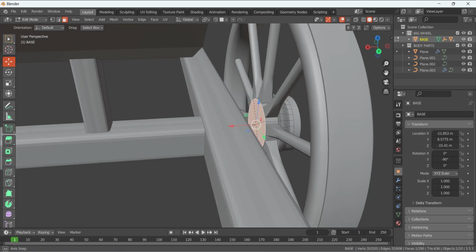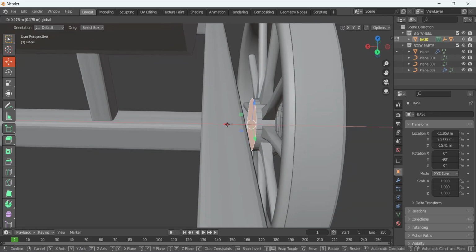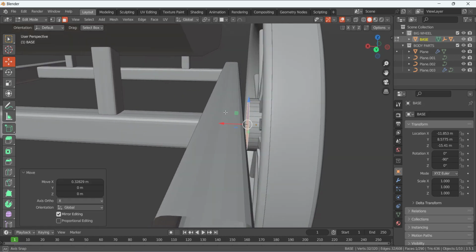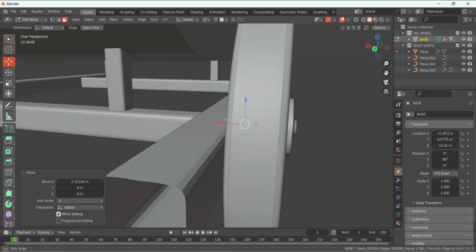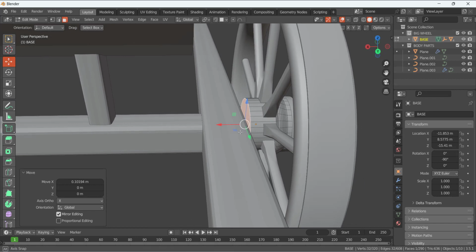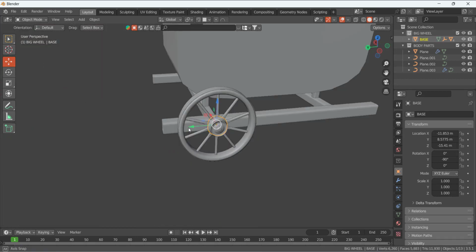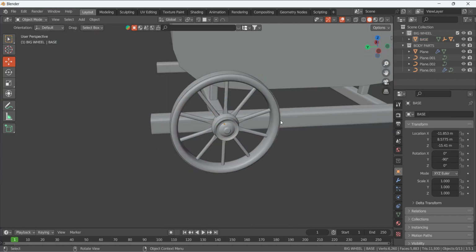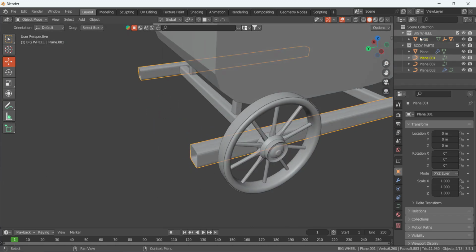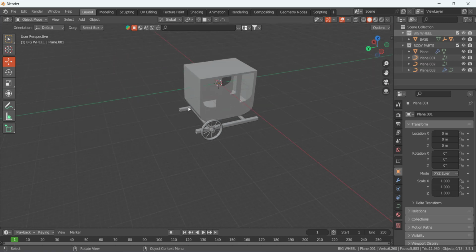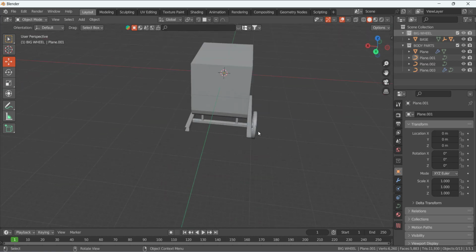So I'm going to select this face and like that. So it's basically touching this one. Okay, so this is the whole collection for this big wheel, and we basically want it also in the